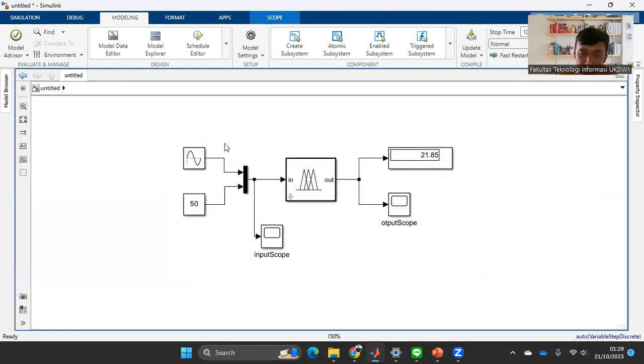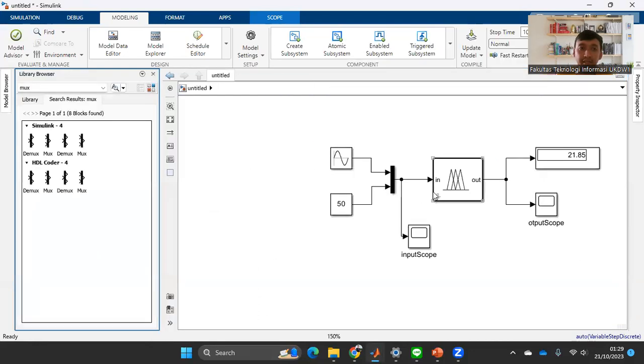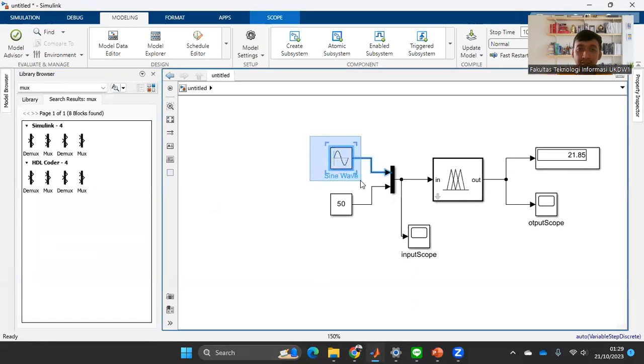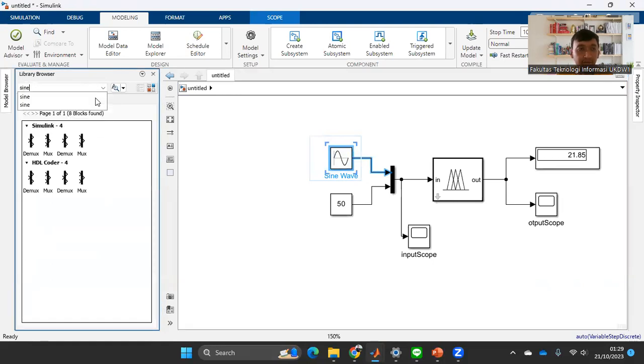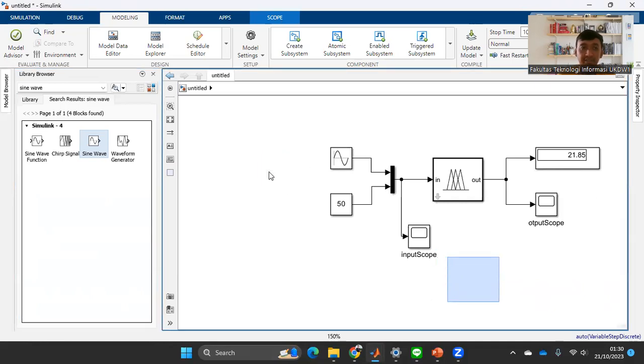We can find the components in the component part, click for detail, and find the library browser. For this part, I use a sine wave. You can search sine wave here. We can drag and drop the sine wave like this, and if we want to delete, we can delete.